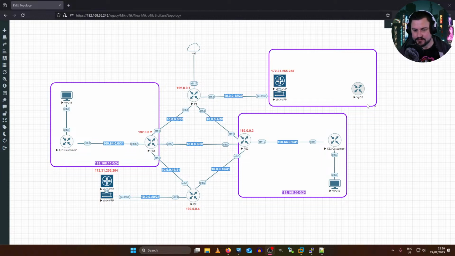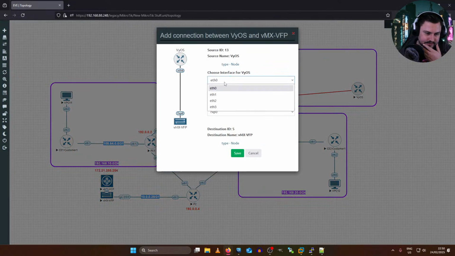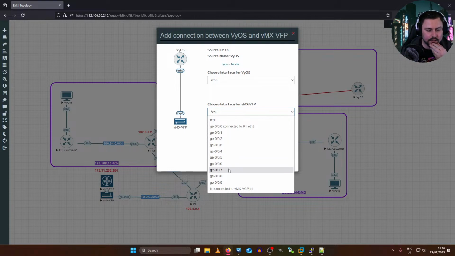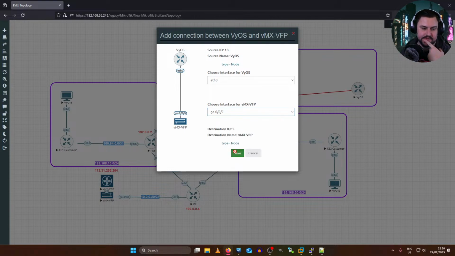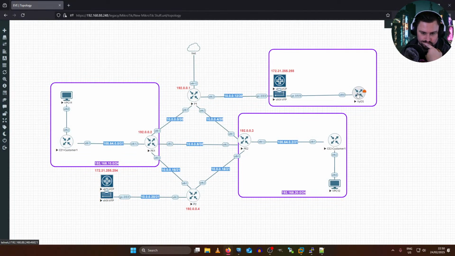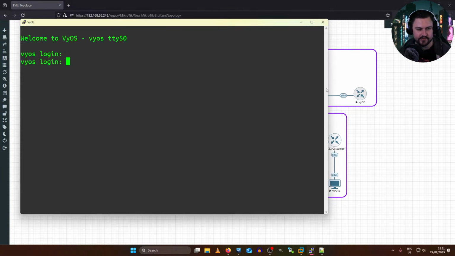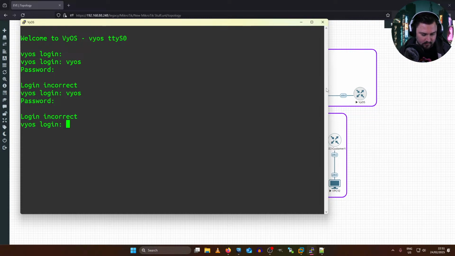All right, so let's see. Let's jump this Vios box into this Juniper, and I'll connect that on GE009. I think Vios also starts up relatively quickly. Yeah, it does. So I can just log in to Vios. Well, I could, if I could type properly. I probably typed wrong again, because I could feel my fingers slip there. Vios. Yeah.